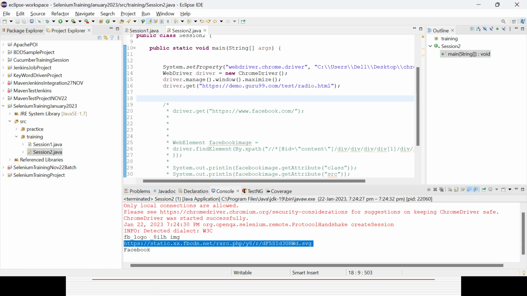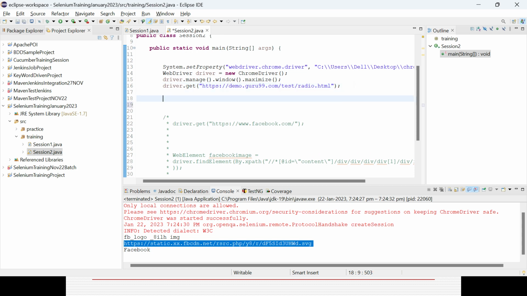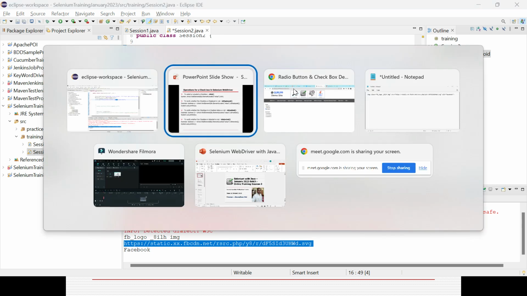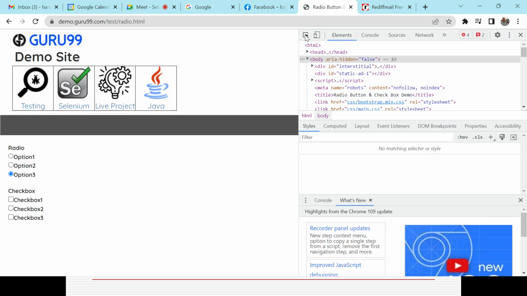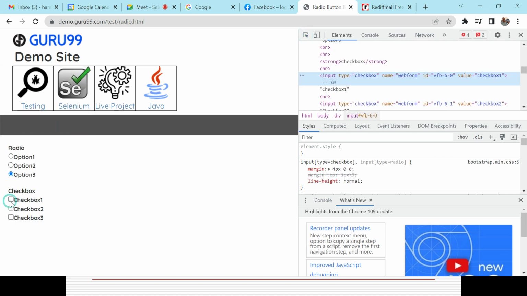Here let's go to the Eclipse. That is the URL I already gave. Now suppose I want to check checkbox one. I need to press F12, mouse over and inspect the element, right? You can see the tag is input, type equals checkbox, name equals wavefrom. You can see a lot of elements with the same name here, so you cannot identify the element uniquely with the name. Though name is a web element locator technique, you still cannot use it here. But the ID is